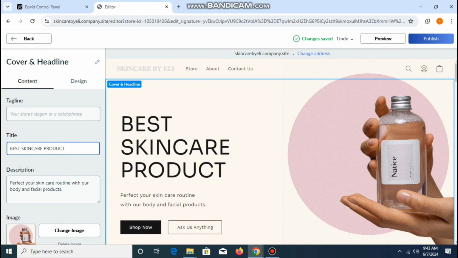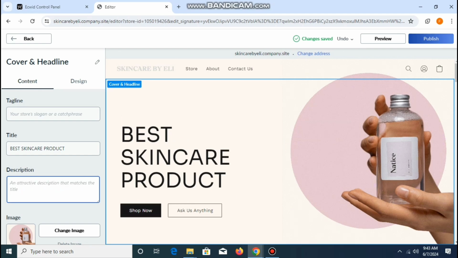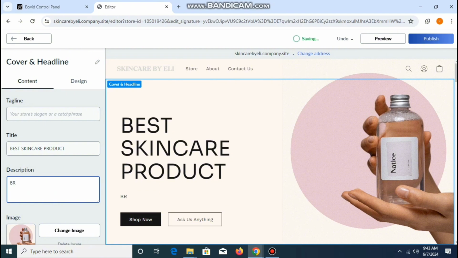Okay. So after doing this, to edit this perfect your skincare routine with our body, you can also come here to this description here on this editing section. Click on it, delete everything you have there. So I may just say brighten